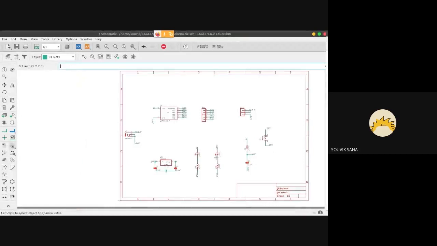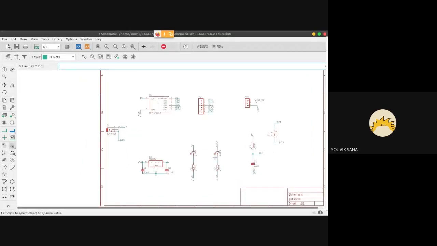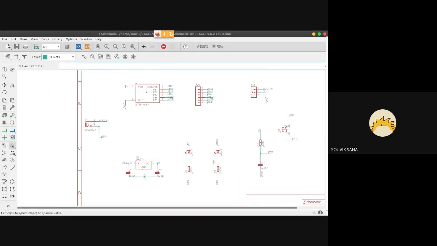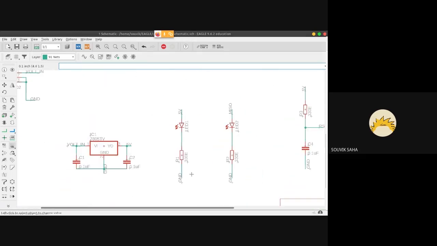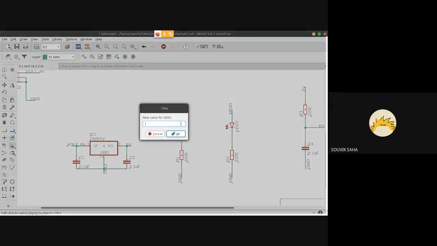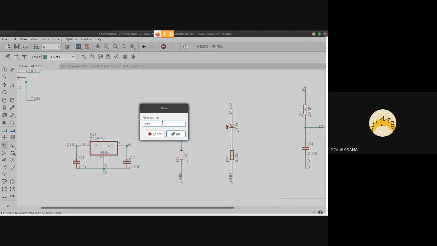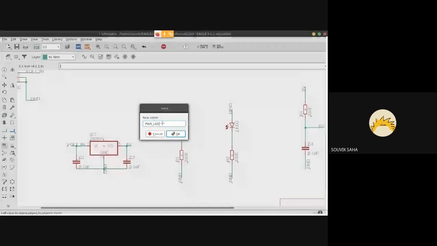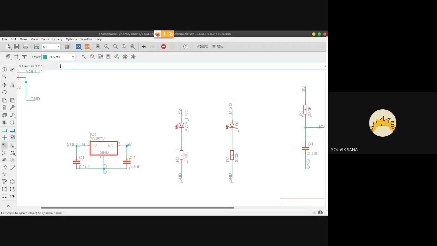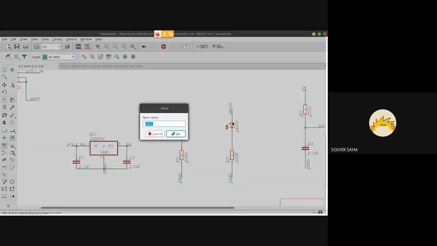Once that is done, for this LED, the one connected to 5 volts, name it something like PWR underscore LED. And this you can name the PGM LED.